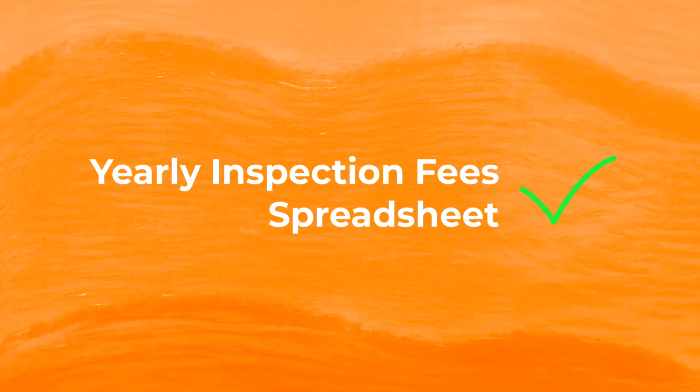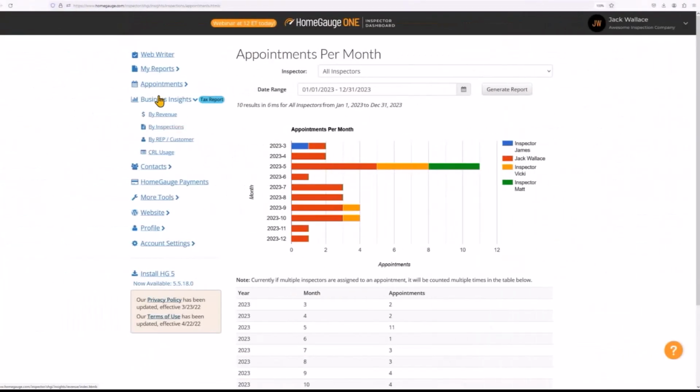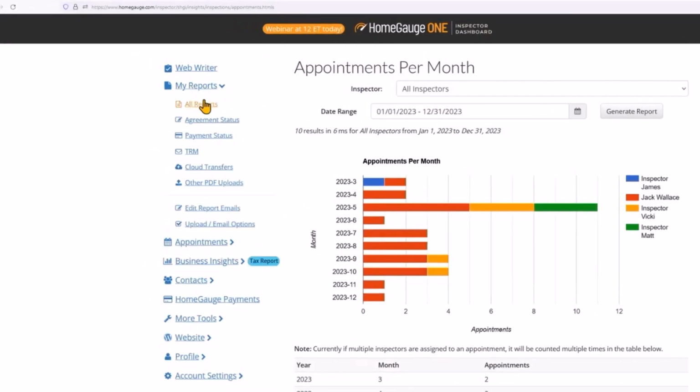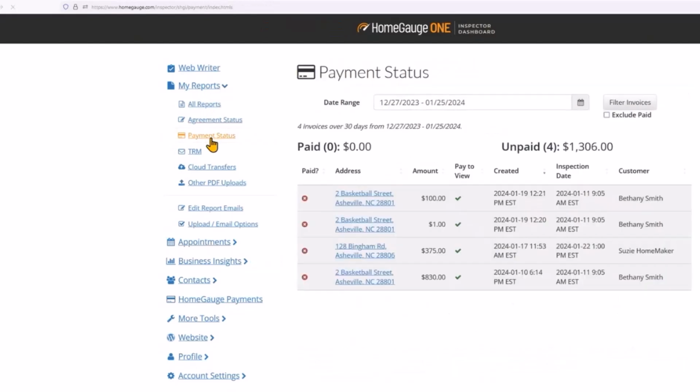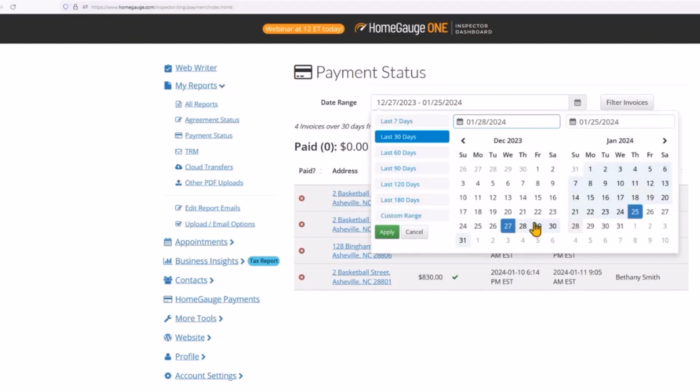So that's the first basic report. The next thing I'll show you, if you just want a quick number, you can always go to My Reports here and go to Payment Status. Under Payment Status, go to Custom Range. For whatever reason, there's not a year-long option here, so you just go to Custom Range and add in your